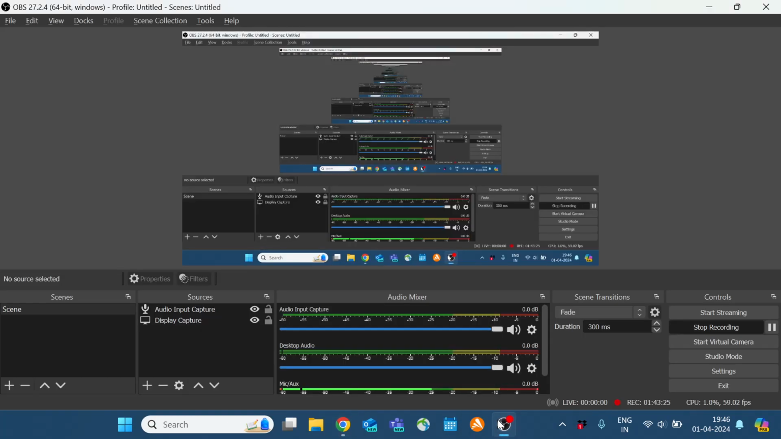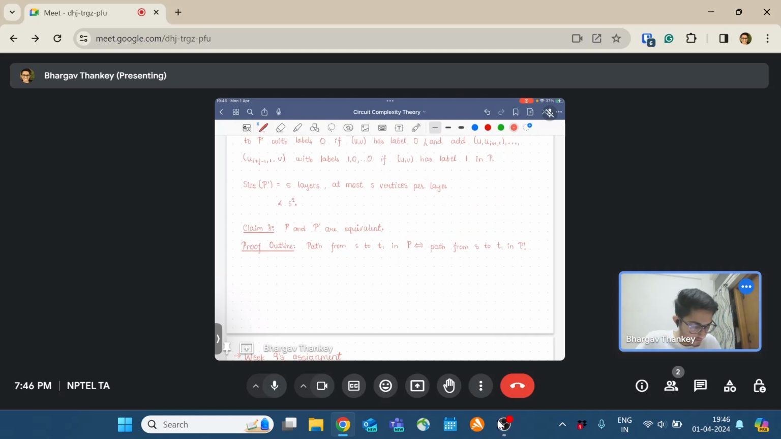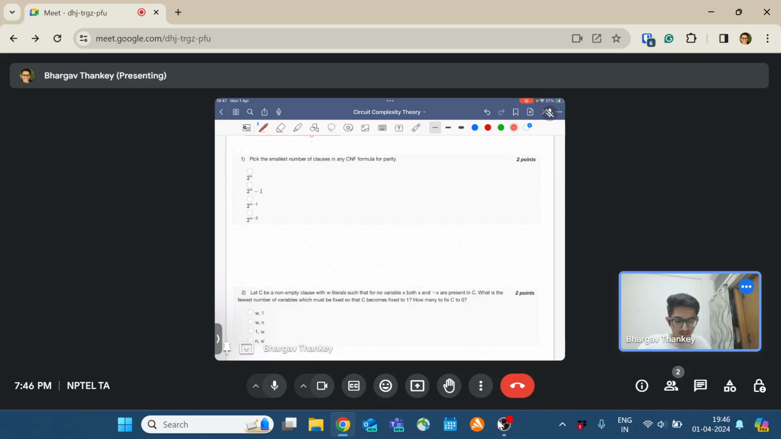Now, let's look at this year's week nine assignment. So the first question is, pick the smallest number of clauses in any CNF formula for parity. The options are 2 to the n, 2 to the n minus 1, 2 to the n minus 1, and 2 to the n minus 2. So which of these is correct? The correct option is 2 to the n minus 1. Why? Because the parity has,